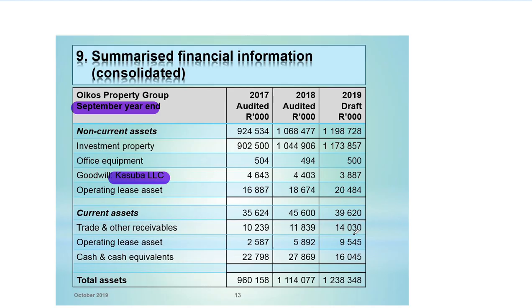You can even write down in your preparation that this is your concern, so that you would easily remember when you go to your paper. Then operating lease asset. When you're looking at the operating lease asset, you see each year there is an increase, and then the cash and cash equivalent, which, when you look at 2017 to 2018, there was an increase and the company was happy. However, 2018 to 2019, there is a decrease from 27 million to 16 million. And that is a concern for the company.